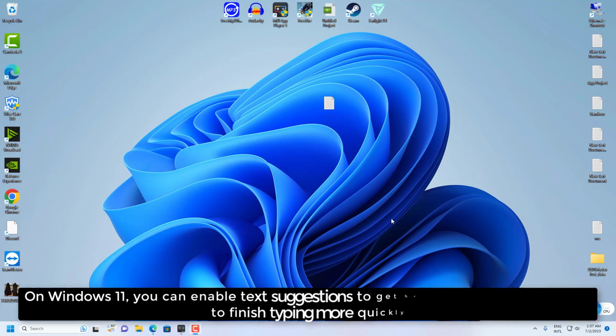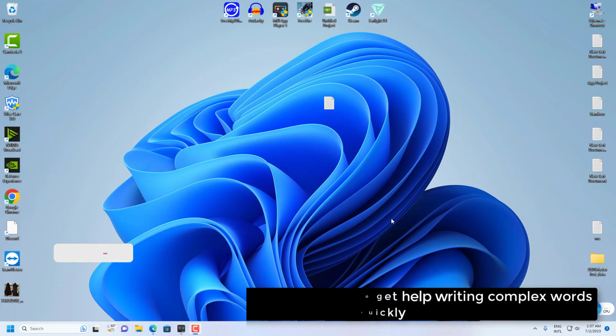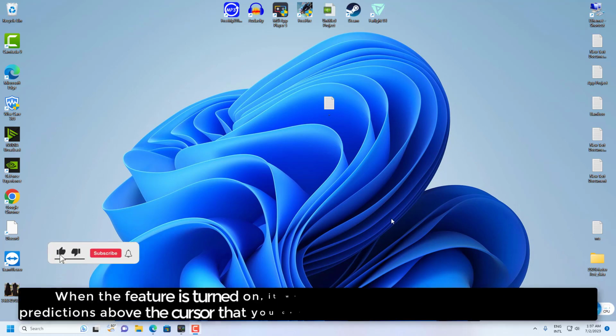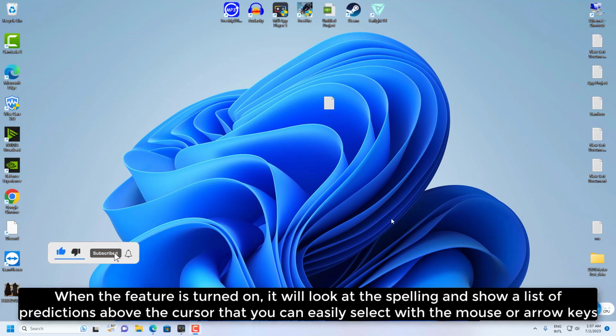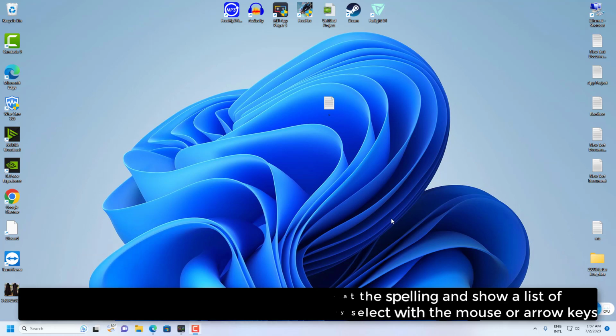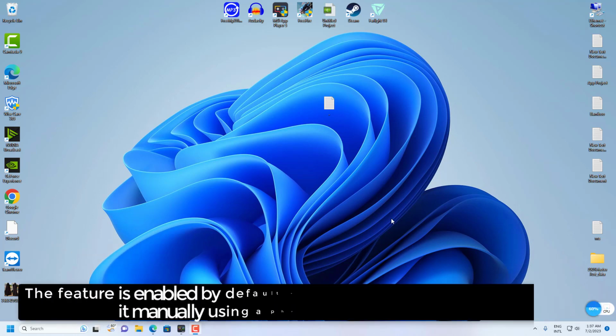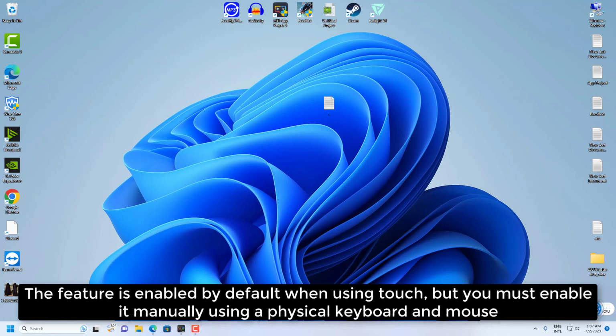On Windows 11, you can enable text suggestions to get help writing complex words and finish typing more quickly. When the feature is turned on, it will look at the spelling and show a list of suggestions above the cursor that we can easily select with the mouse or arrow keys. The feature is enabled by default when using touch, but you must enable it manually using a physical keyboard and